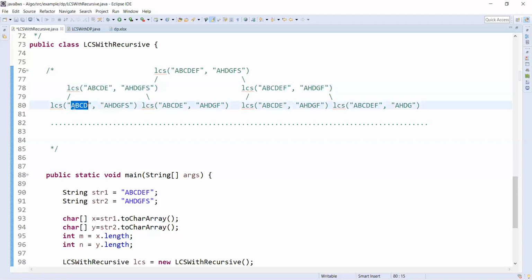So again, you need to cut the problem. You are doing ABCD, and then you can do ABC, and you can do AB, and then you can do A, and finally you arrive at a stage where you don't have a string itself. That is the base condition, then take the 0 value. So you are constructing a tree, and you started with the last character with some assumption.